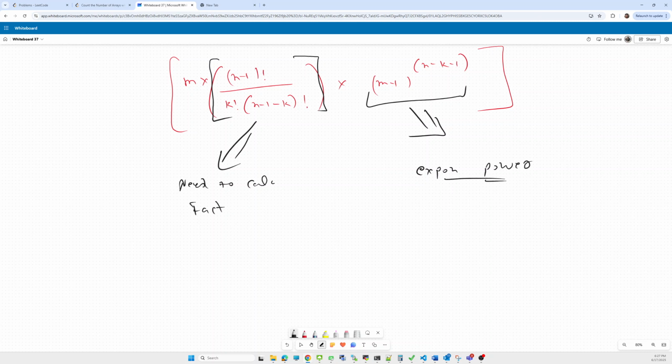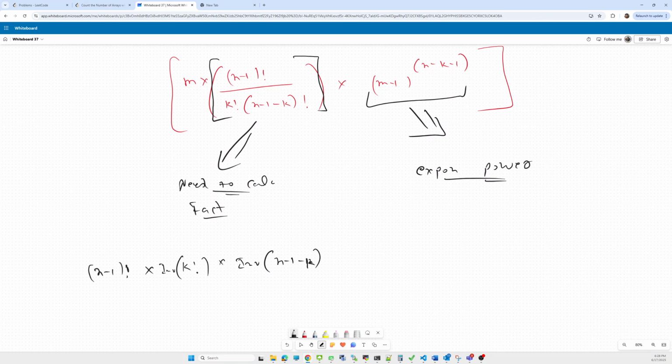Okay, so for both of them we'll use modular arithmetic for easily calculating the factorial and reduce this. We can solve this as (n minus 1) factorial times inverse factorial of k, where inverse factorial of k means inv factorial of k, times inverse factorial of n minus 1 minus k.